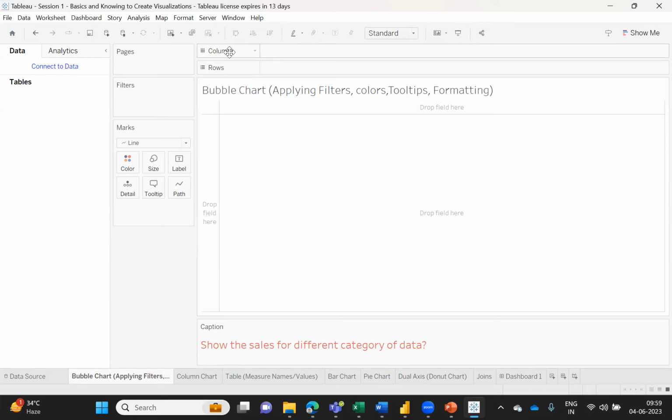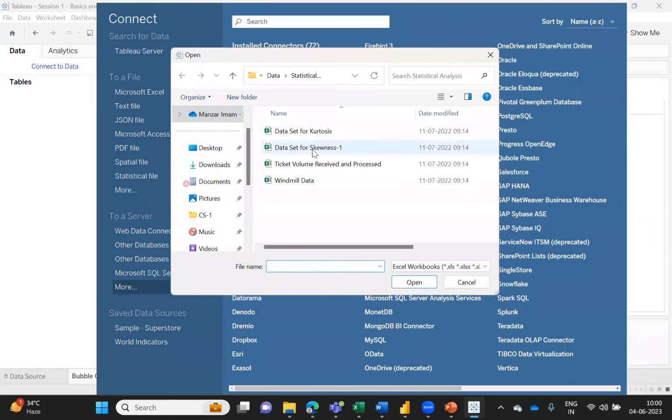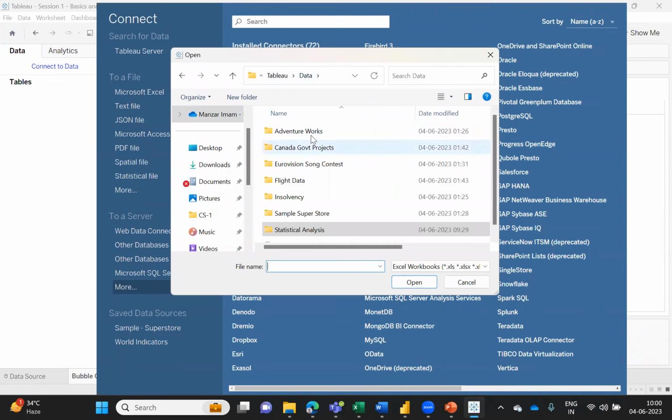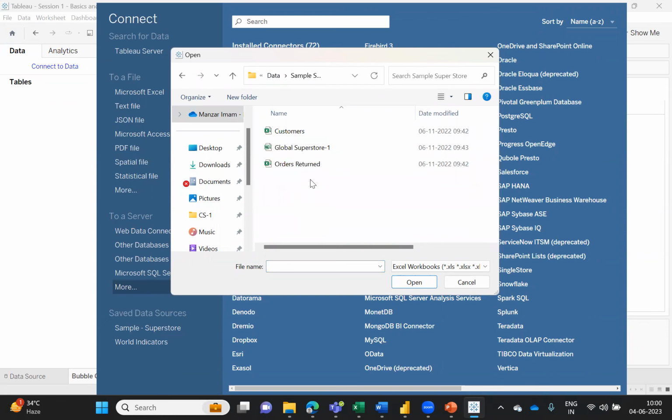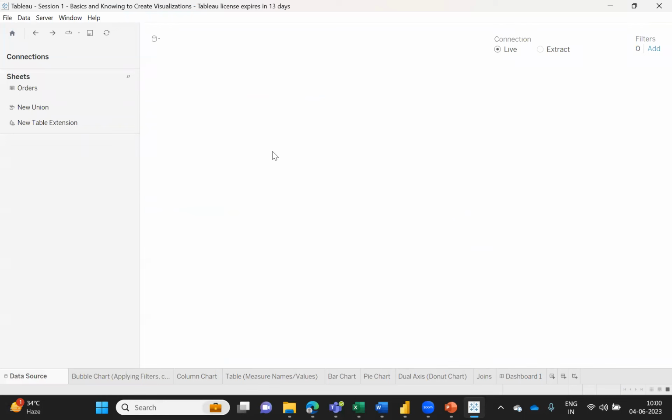Here you mostly have to understand how your data works. The very first thing is we are going to use the simple data provided by Tableau. We are going to use a data set which is the superstore data. Let's get the data that is in Excel form, and we'll see all of the different analysis stories. So we have this data, global superstore, and this is provided by the